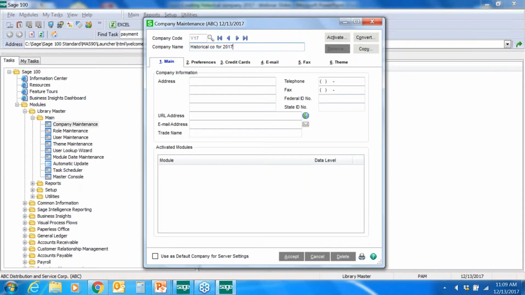and for the purposes today, I'm just going to put in historical company for 2017. However, if you are printing your W-2s from this company, you need to put in your proper company name, because this is actually what's going to print on the W-2. You're going to want to put in your address, and I'm going to abbreviate everything just for purposes today. You will want to put in your federal ID number, and you'll also want to put in your state ID number,